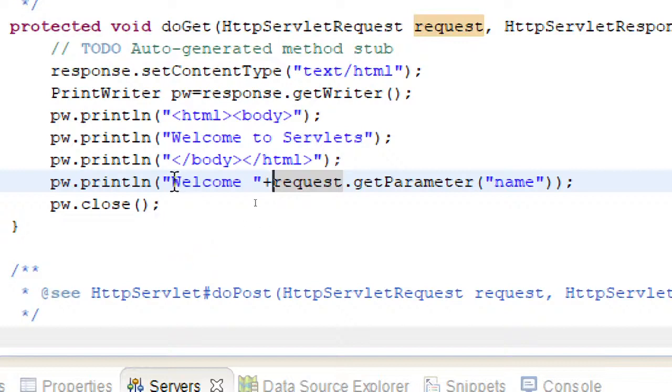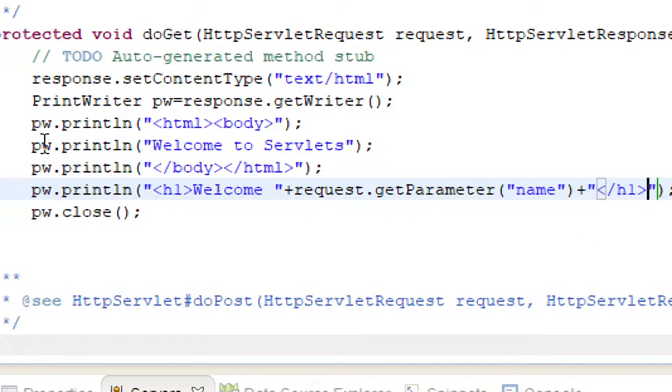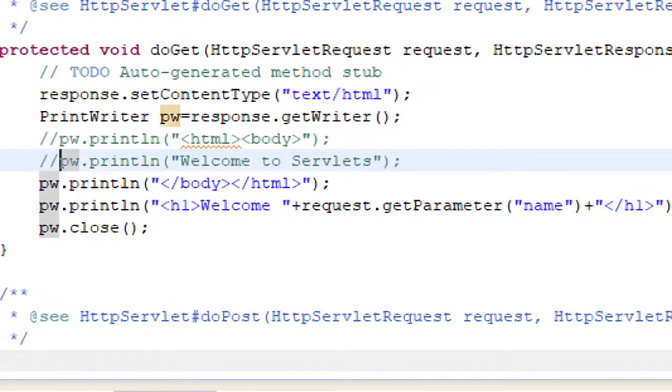And if you want this looking good, we can even add this h1 tag, that is heading. You can append that, and then again after this value you have to close it. So for that I'm just using again double quotes, h1 closing tag. And now let me just put this in comments, otherwise see what happens.